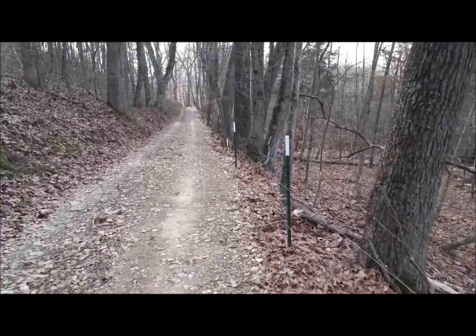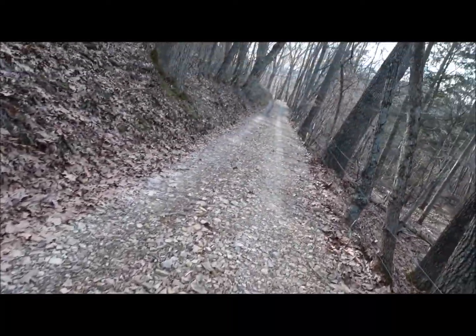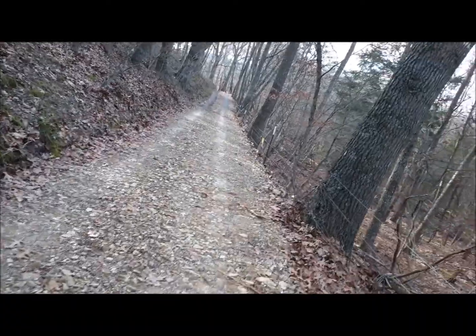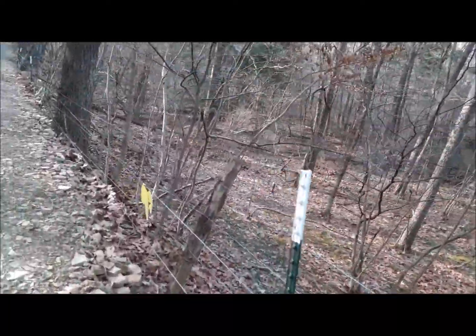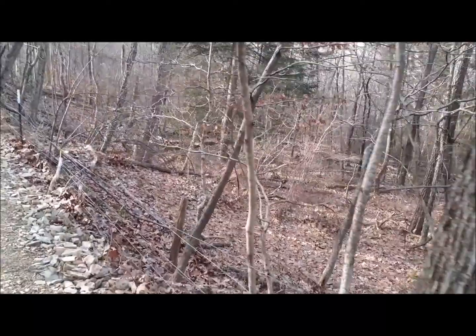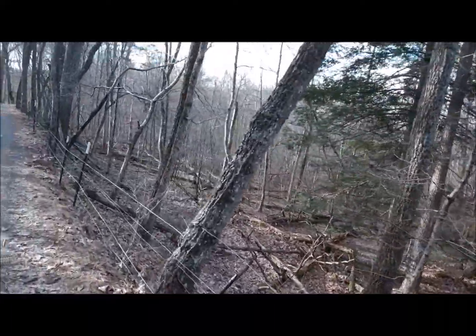Looks like we have some new fence poles here. Might even have some new shale on this ground. So we're walking this very isolated property. It's a private road. There's a bunch of private property owners that have large tracts of land back here, and I happen to know one of them. So I get to share the experience with you, and there's many things to see, including, man, that's a big